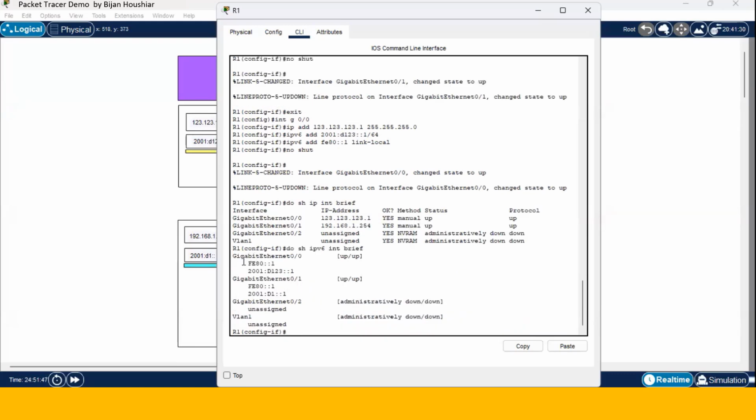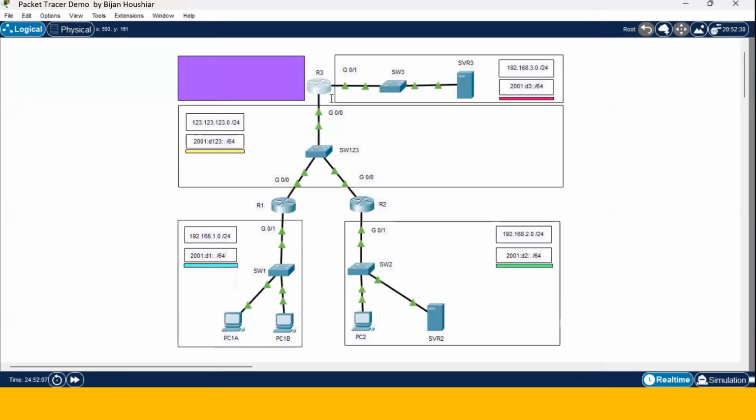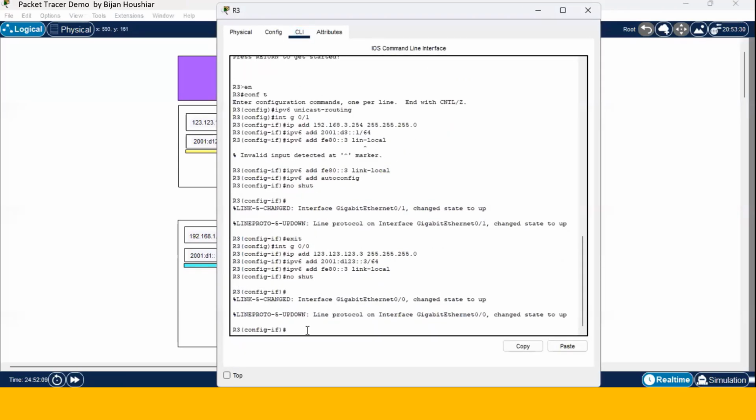As you notice, G00 has this link local address and this globally unique address. G01 has the same link local address, a different prefix, and a different interface ID for G01, which is correct. Let's go ahead and examine